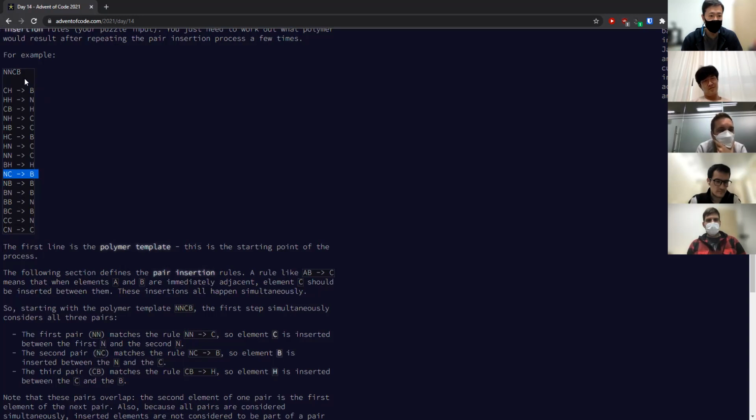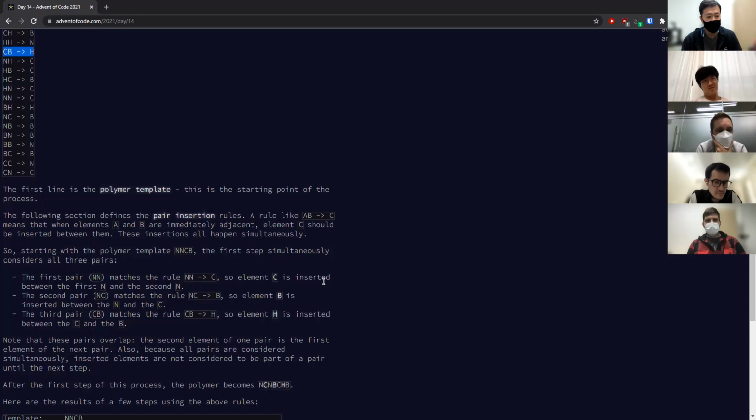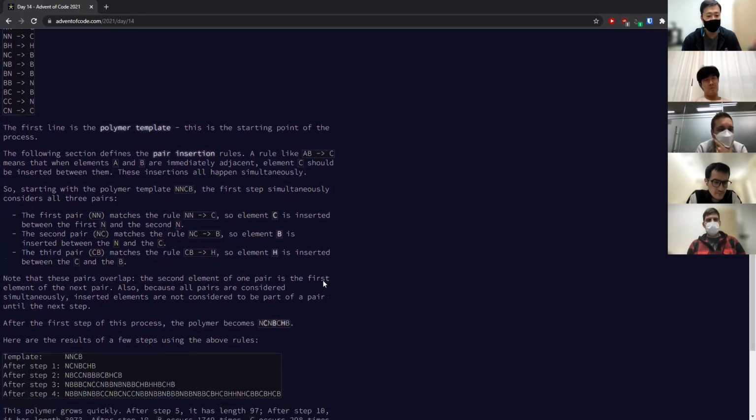The third pair, CB, matches the rule CB to H. And so element H is inserted between the C and B. Note that these pairs overlap. The second element of one pair is the first element of the next pair. Also, because all pairs are considered simultaneously, inserted elements are not considered to be part of a pair until the next step. So after the first step of this process, the polymer becomes